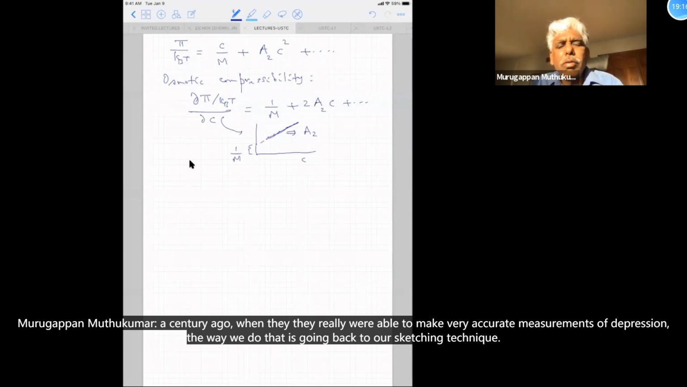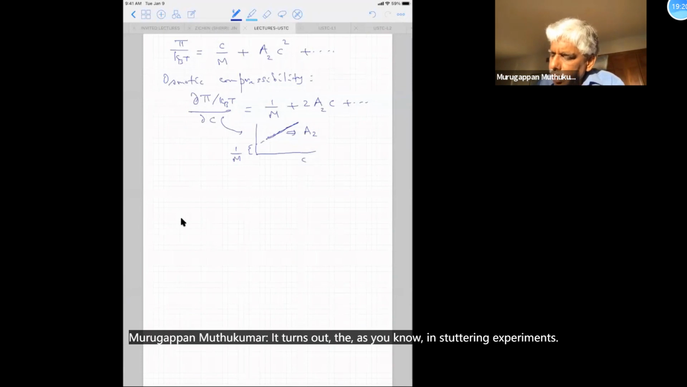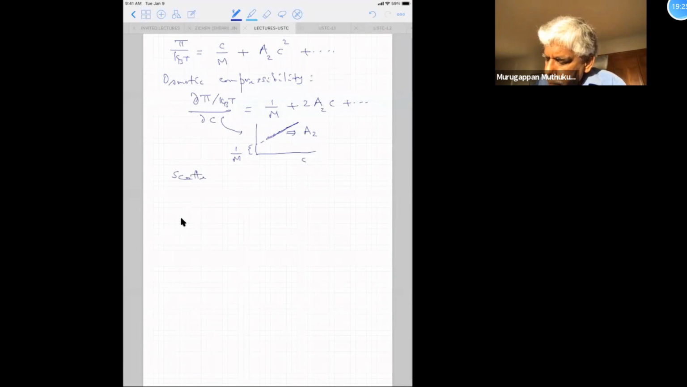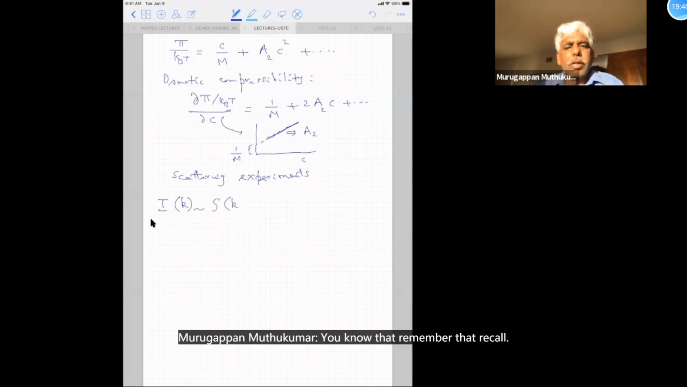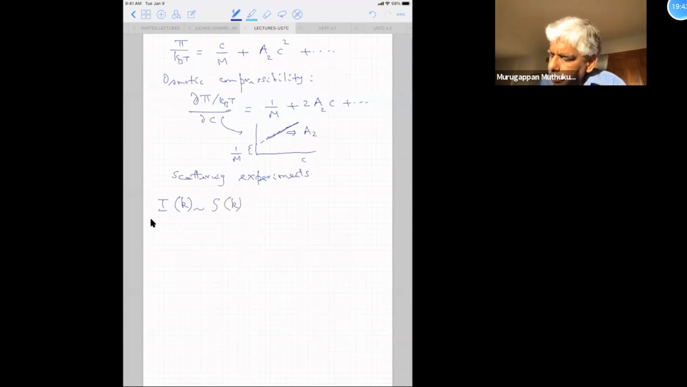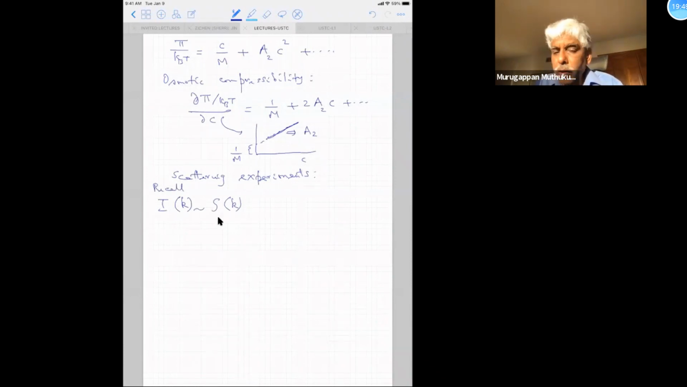The way we do that is going back to our scattering technique. As you know, in scattering experiments, remember the scattered intensity I(k) is proportional to the structure factor S(k). We know that, recall that. Scattering intensity is proportional to the structure factor. Now, one can show